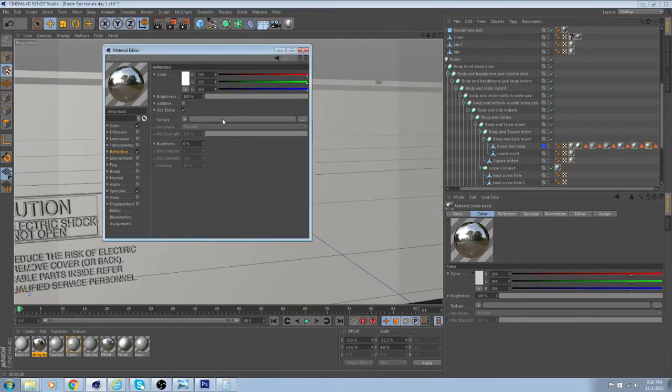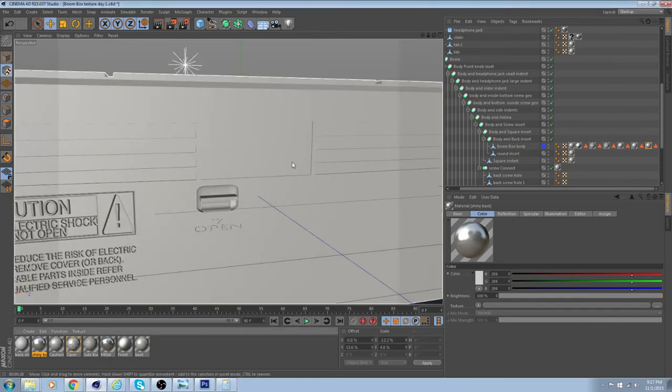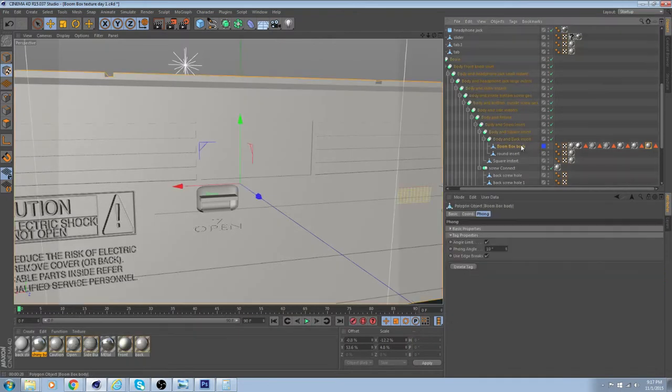We can actually reduce the brightness a little bit if you want, just so that it's not super shiny. And I might add some blurriness to it, because it does reflect, but it's a little bit blurry. Right about 20% looks good to me with blurriness. And then what I'm going to do here is